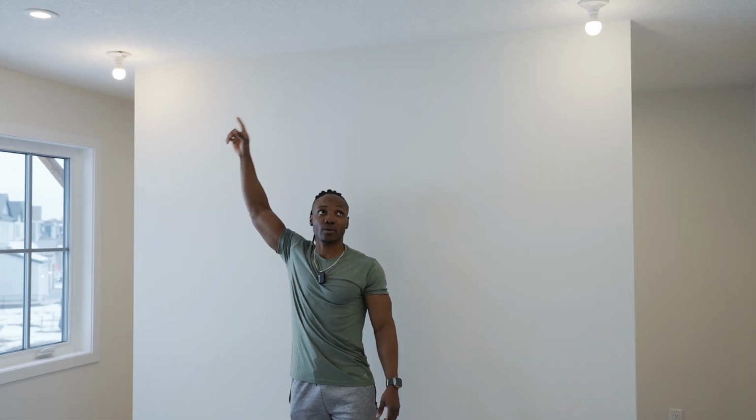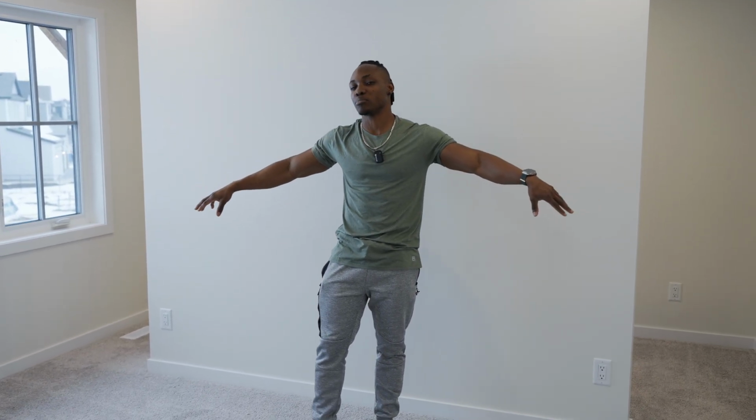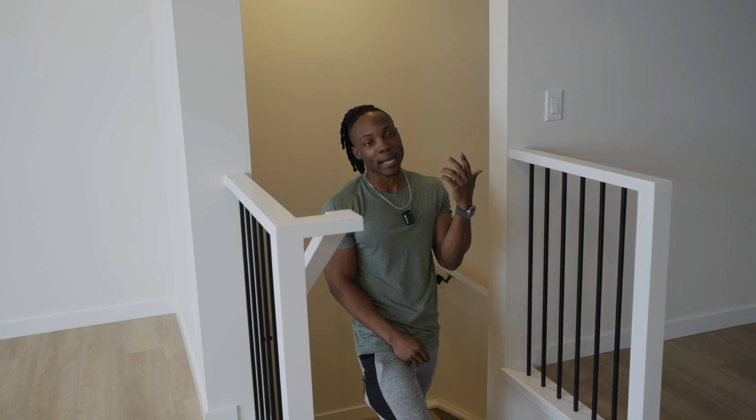The bed is going to go against this wall, and we're gonna do some hanging lights or something like that. We had those installed specifically for that reason. This bedroom is gonna be a fun project. Over here, we have a very similar design to what we have all over the entire house. That's pretty much it up here. It's nothing crazy. All right, so we're going down the stairs to check out possibly what I'm most excited about